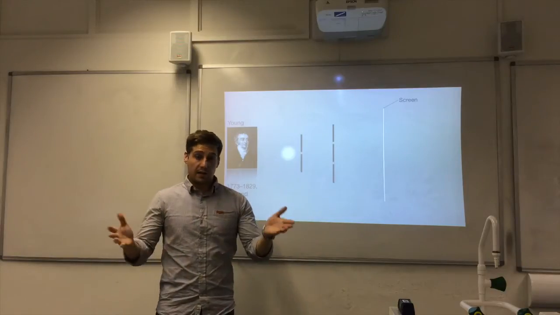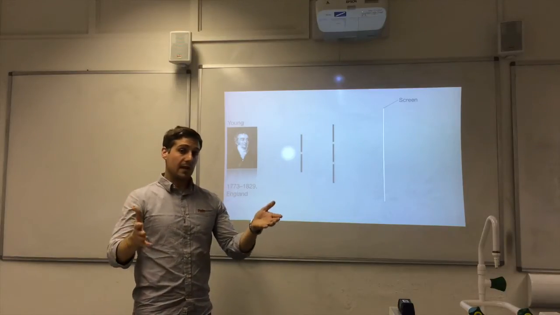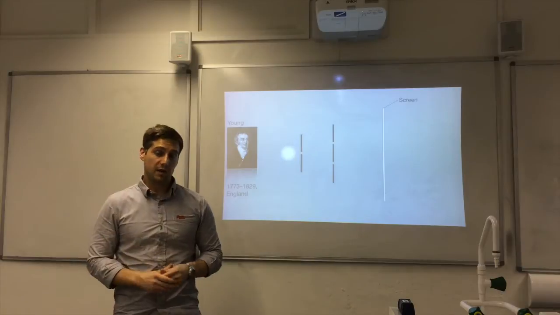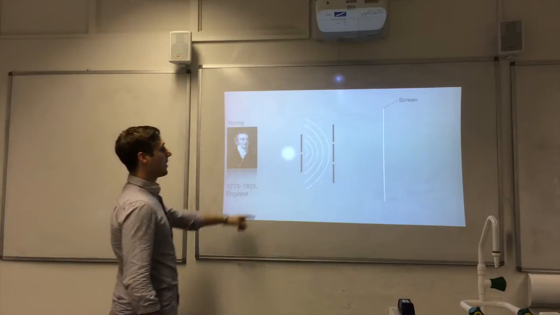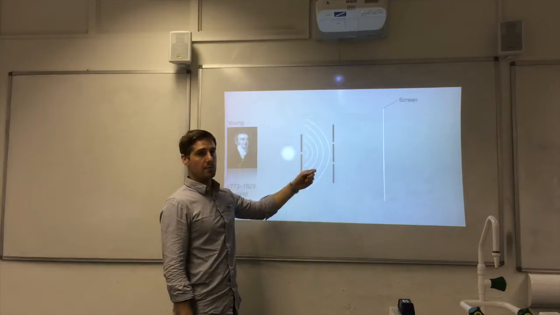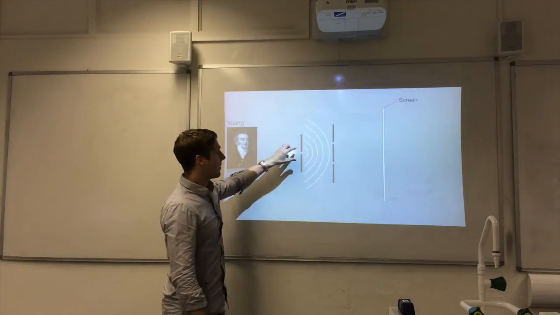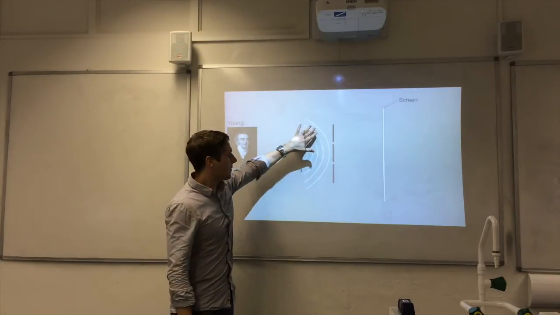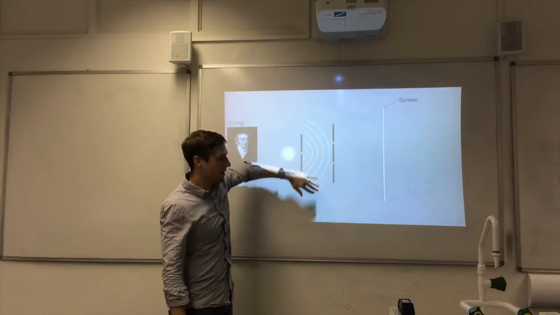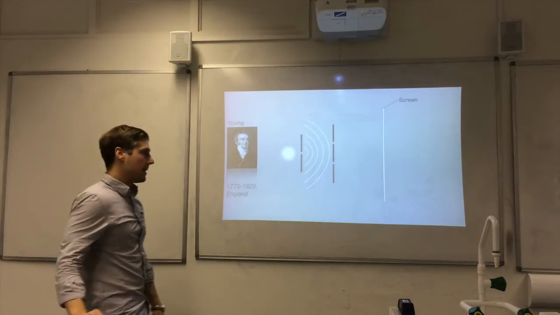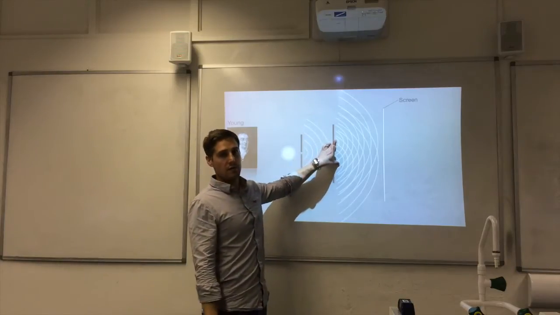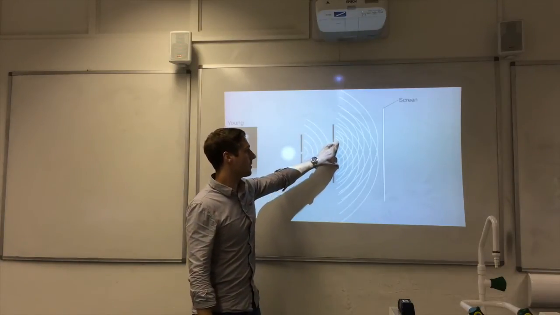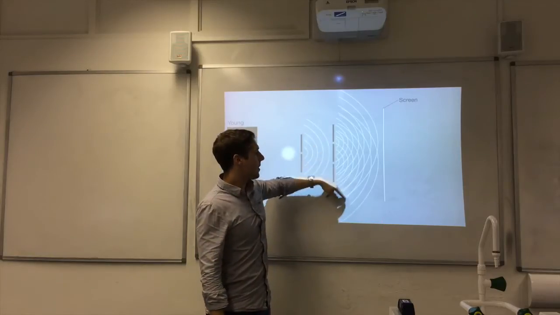So it may be surprising to you that light can cancel out and give you dark regions, but indeed it can. This experiment shows. So there's the light coming out of my single slit. By the way, this is not to scale. So there's my light coming out of the single slit with wavefronts there representing that. The light then enters into the double slit, so I now have two sources of coherent white light, and those